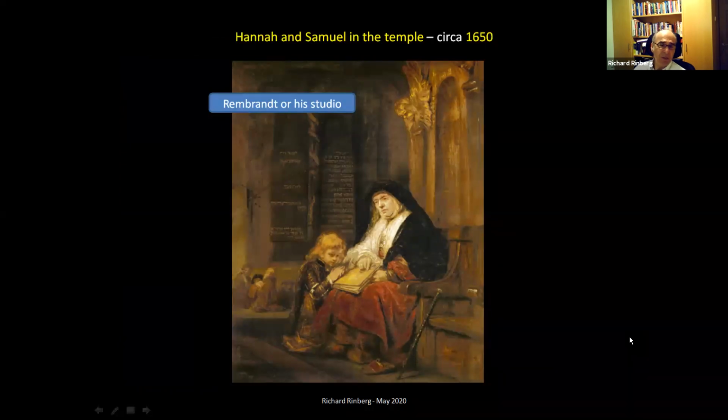And this used to be a Rembrandt, authentic Rembrandt. Now it's been downgraded to perhaps studio of Rembrandt, where the students would do it and Rembrandt would walk around and perhaps correct things. And you can see the luchot here. And again, it's not quite proportional in the words either side of what's going on.